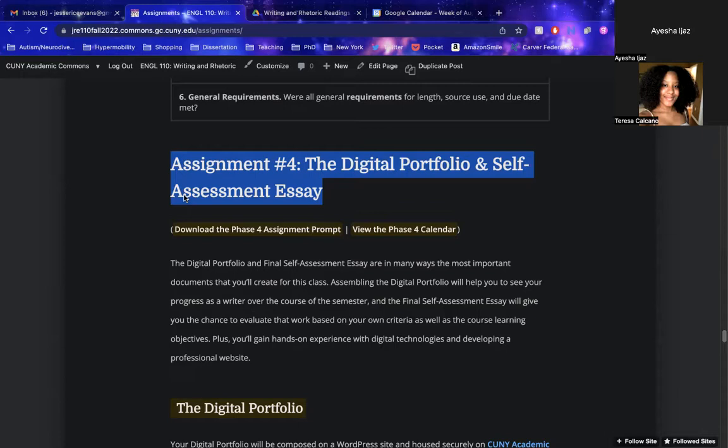I also use she and they pronouns. I want to encourage anybody here to add your pronouns to your Zoom name if that's something that's comfortable for you. If you don't know what I mean when I say that, I just mean how you would want somebody to refer to you if they're talking about you and you're not there.